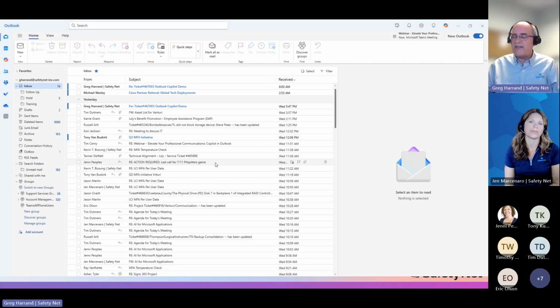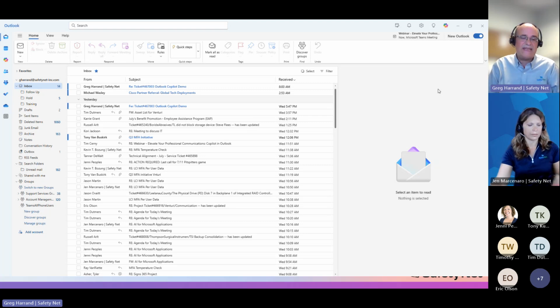One of the things I want to point out is I'm using the new Outlook. What does that mean? Up in the upper right here, I've slid the button to new. Copilot works better in new versus, I'll call it the classic. I don't know if I want to call it old Outlook.